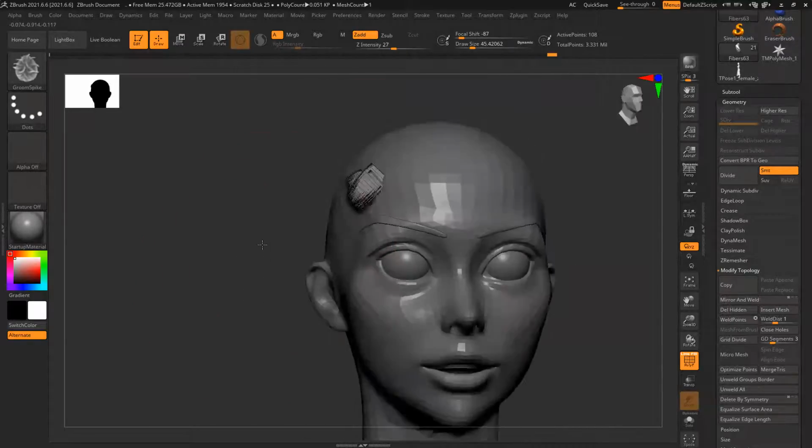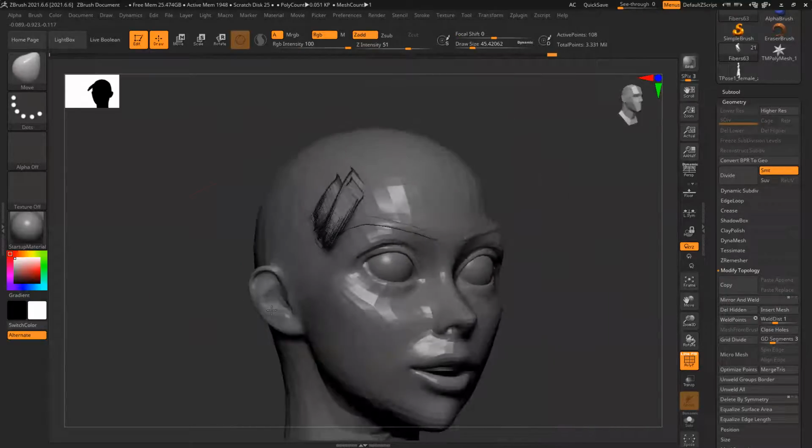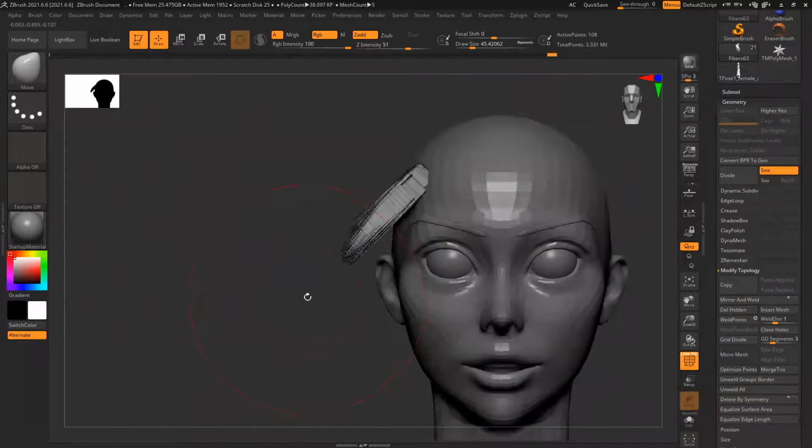So like now the size is very small. So if I want to increase, I have to move it, elongate it slightly. Go back to your spike brush again.